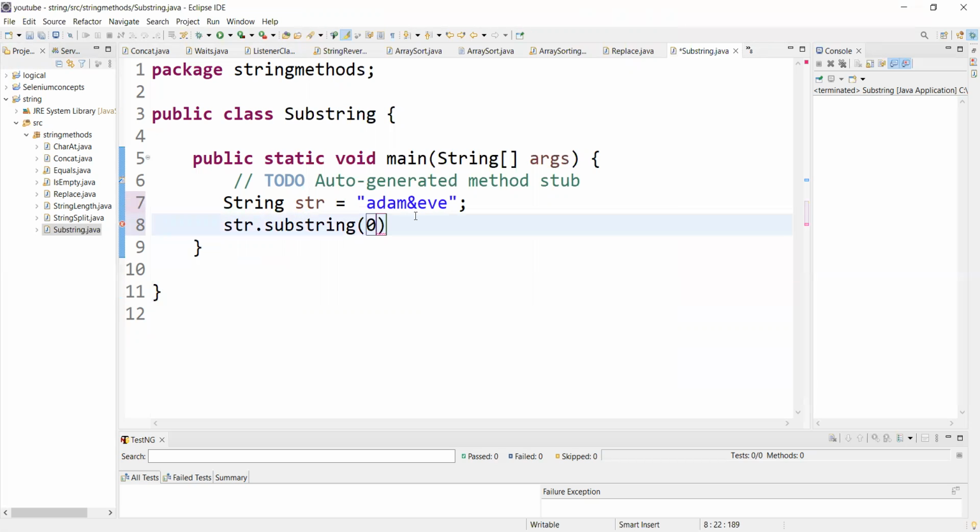So I want Eve to be printed. So what I'm going to do, since string is index based, its indexing starts from 0. So A is 0, B is 1, A is 2, M is 3, and this is 4. So I will start from 5. Okay, let's see